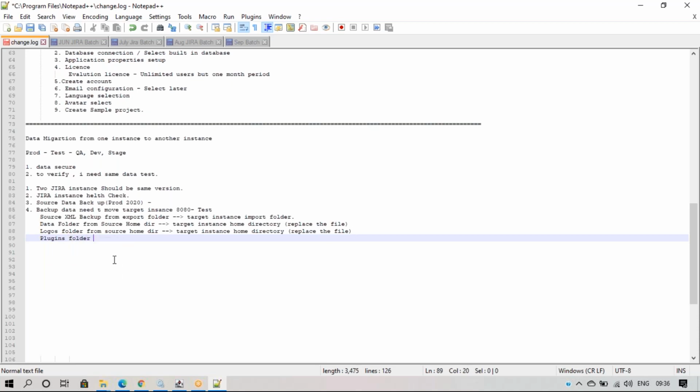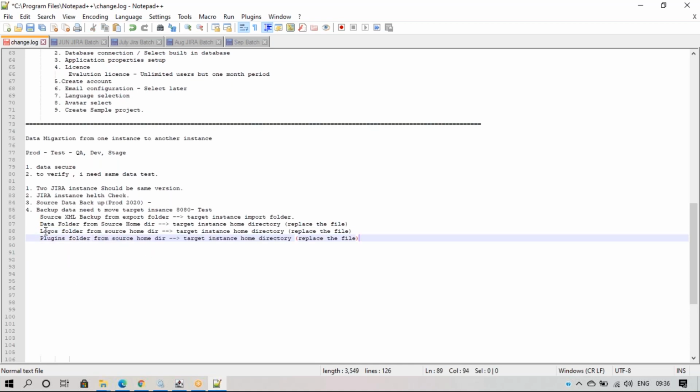These get the plugins, this data gets the attachments and avatars, and logos get the logos. Apart from these three, everything will come in the XML backup. Plugins folder from source home directory to target instance, replace the file, same thing.